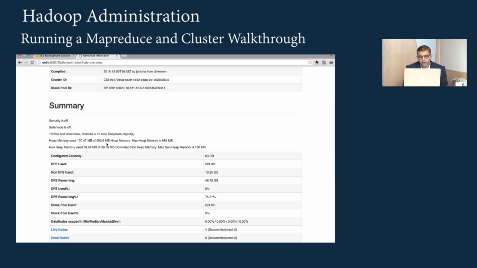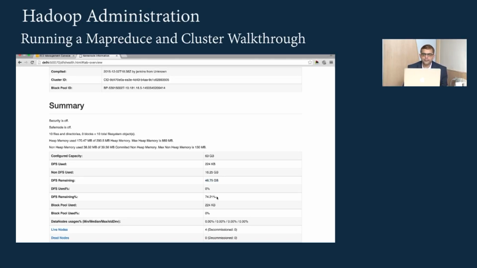The entire capacity of this cluster is 63 GB. That means we fired 4 machines. Add all 4 machines together, you get 63 GB of entire storage. Out of which we've given 16 GB for non-HDFS, that is the operating system and everything on each machine, and 46 GB will be for HDFS. So our Hadoop file system can store up to 47 GB of data.